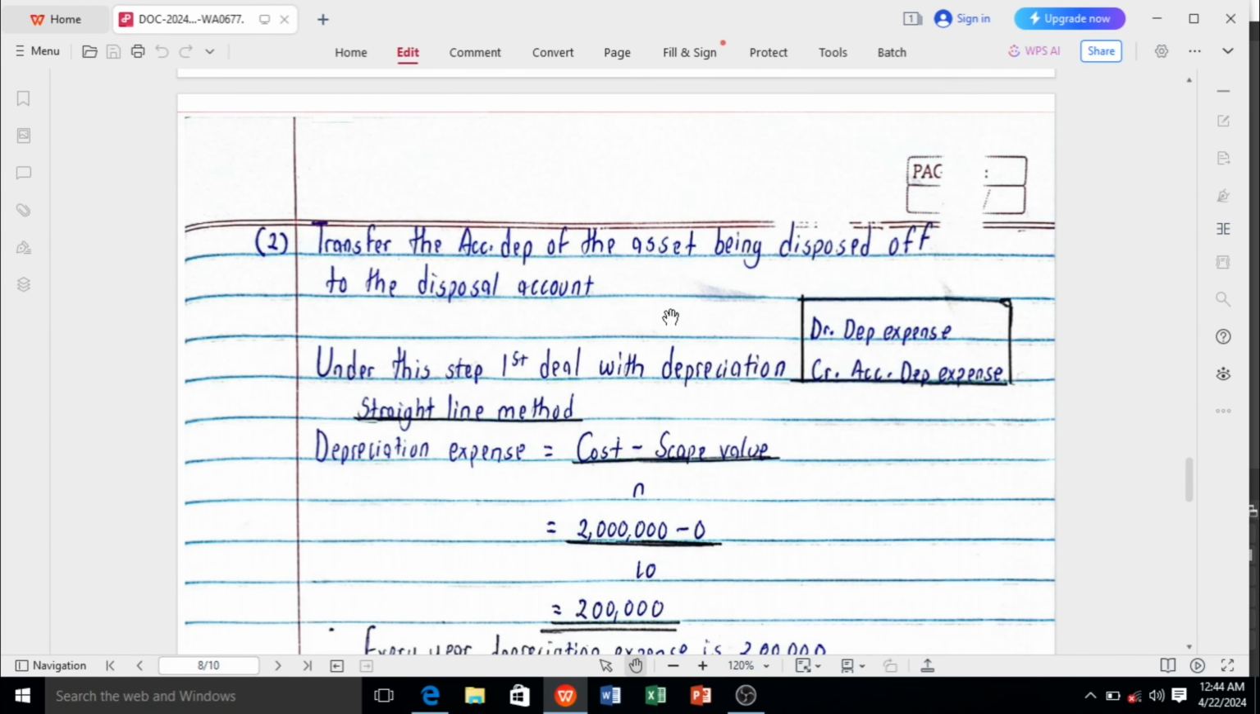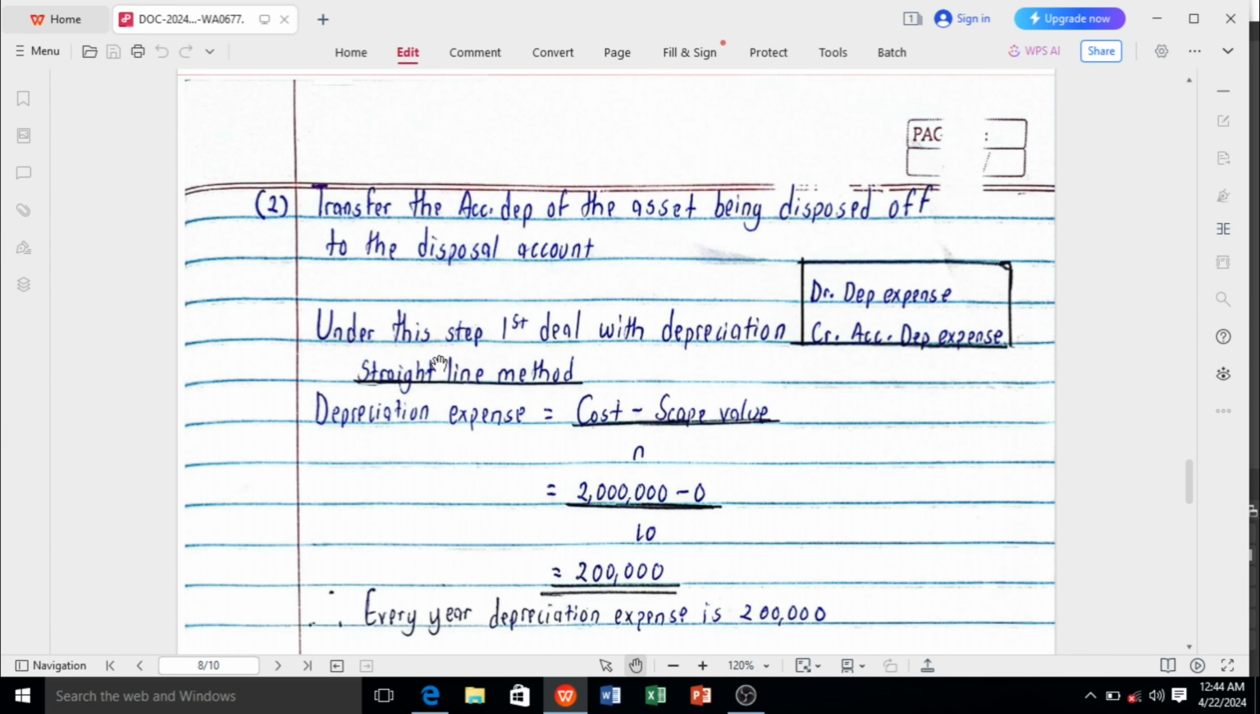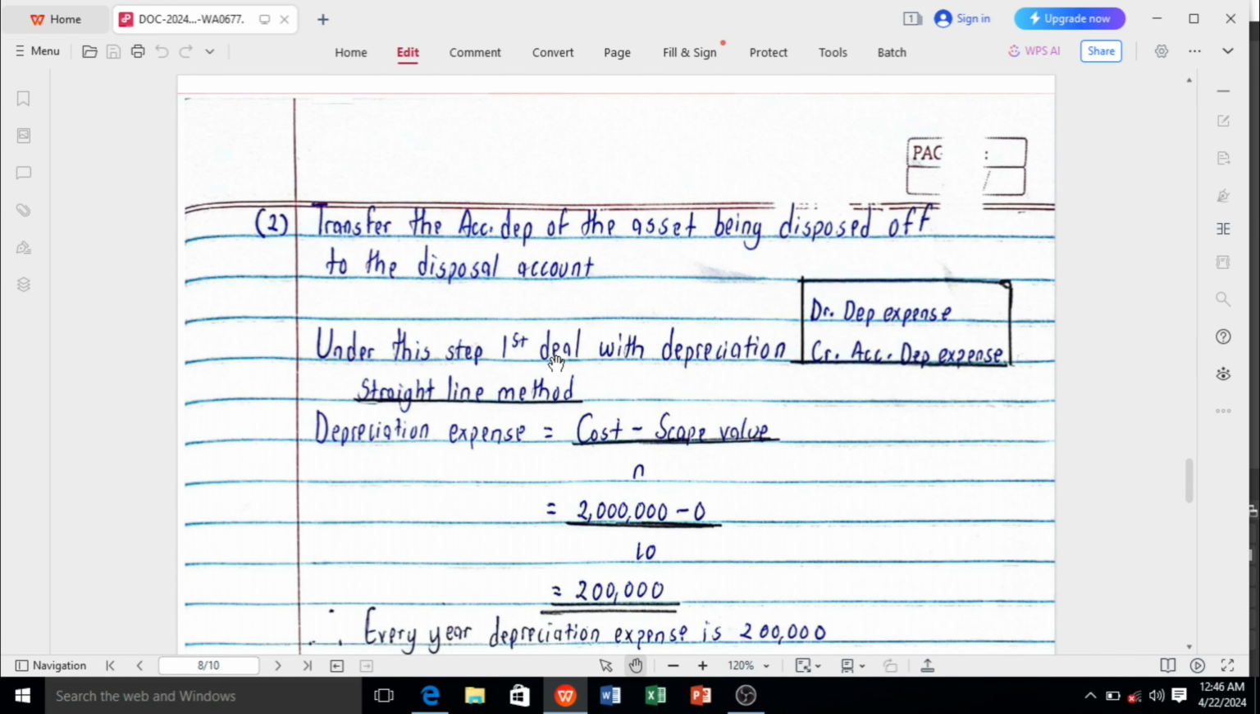So step number 2 is about depreciation: transfer the accumulated depreciation of the asset being disposed of to the disposal account. Before you do anything, I want you to know that under this step, first deal with depreciation, and we know that the accounting entries of depreciation are debit depreciation expense and then credit accumulated depreciation. Since the question told us to use the straight line method,